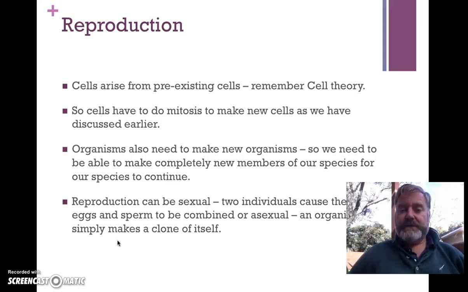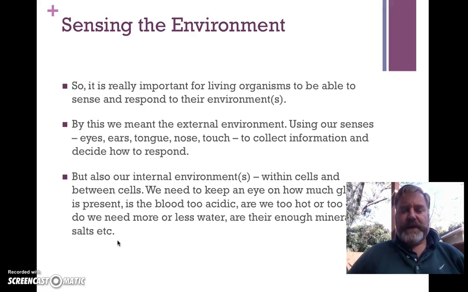Some animals and lots of plants use a cloning mechanism called asexual reproduction, but they don't really make a copy. They don't make sex cells, they make a clone of themselves. This is a less effective way of reproducing. It's quick, but tends to make complete copies, and so if you get a disease moving through, everyone's the same, they all get killed. So not a great way of moving about things. And that led us to that last requirement for life of living things.